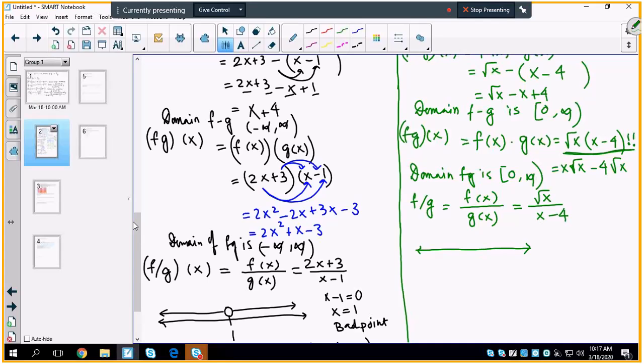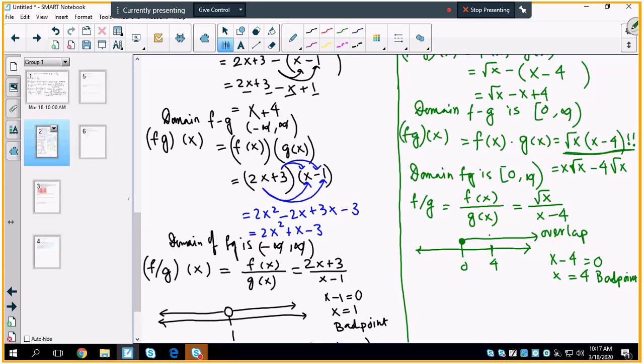So first and foremost, remember the existing overlap for f and g's domain was 0 to infinity. So this is the overlap. Do not forget that. I have that. And you're going to discard the points that make the denominator function equal to 0. So I set x minus 4 equal to 0. Hence x is equal to 4. And that's your bad point. You don't want this. So put x equal to 4